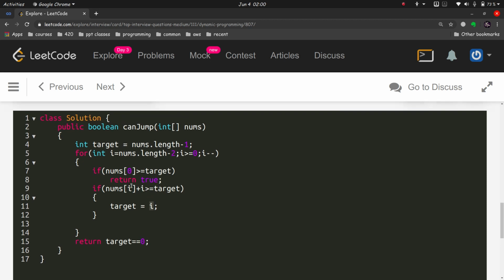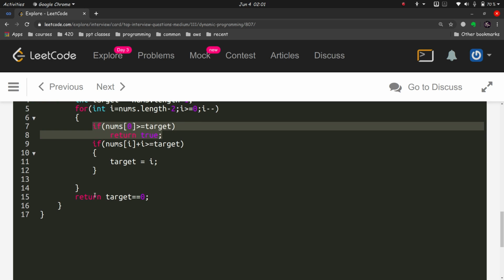So this is what I talked about at the end of the diagram. Once we get a target that we can reach from the starting index, we don't have to worry about the rest of the elements that are left in between, because if we can get to the target from the start element, then from the target we can reach the end. That we know because we have ensured that already. If you don't write this, the code will still work, but it will not be as efficient.